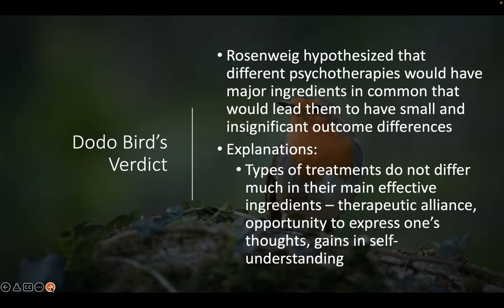Because when you think of essentially, what is it? 15% expectancy, 40% client and extratherapeutic variables. If 55% of outcomes are essentially completely out of our control and in the hands of a client, they are accounting for over half of outcomes. So if they come in and say, I just felt like I had this really collaborative space to process what was going on, they're doing 55% of the work outside of therapy anyway. So what we're doing in the session doesn't hold as much weight as what the client is doing.